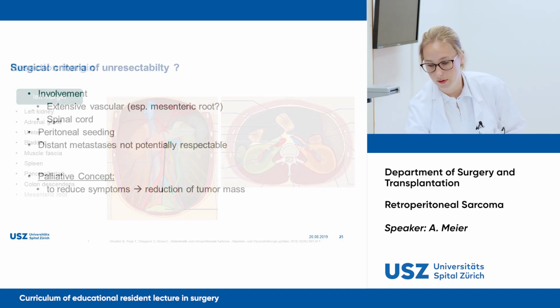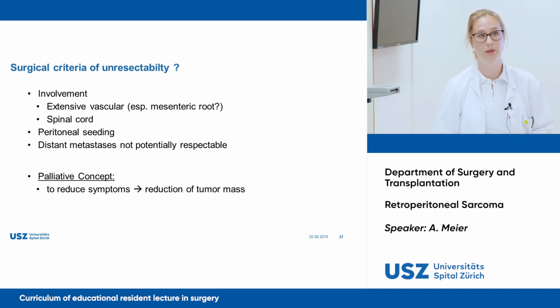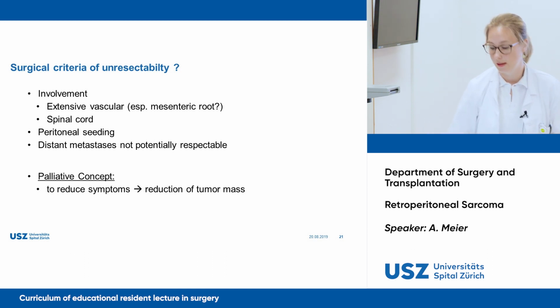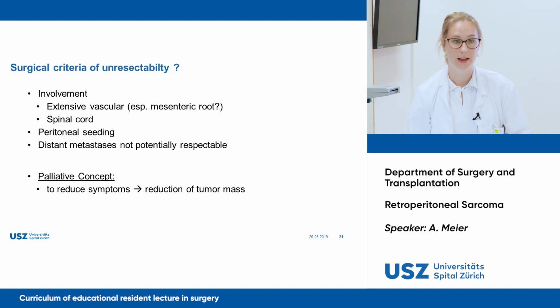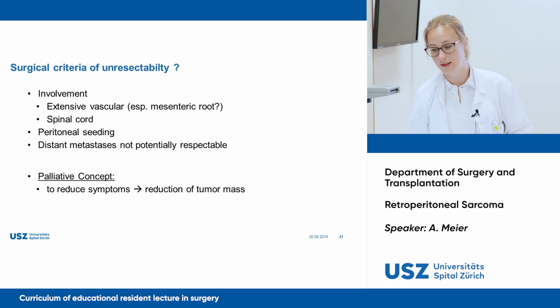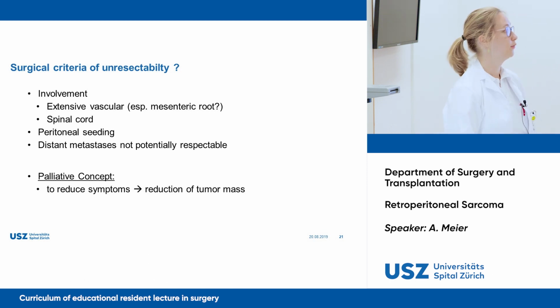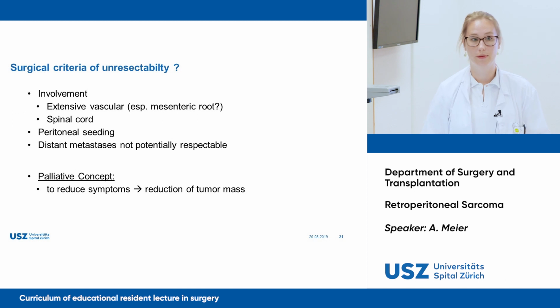So this comes to my next criteria: are there any surgical criteria of unresectability? There are some under discussion which have to be discussed in the interdisciplinary team. If there is an extensive involvement of the mesenteric root, we have to think about whether we can resect or not. If there is an involvement of the spinal cord, we have to think if there is any possibility to get surgical